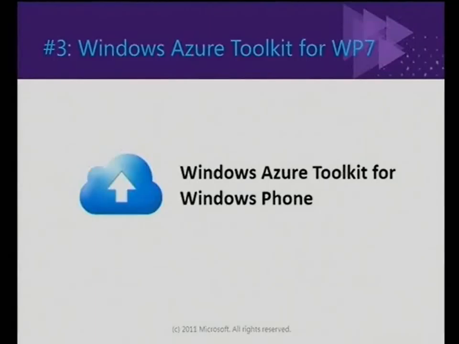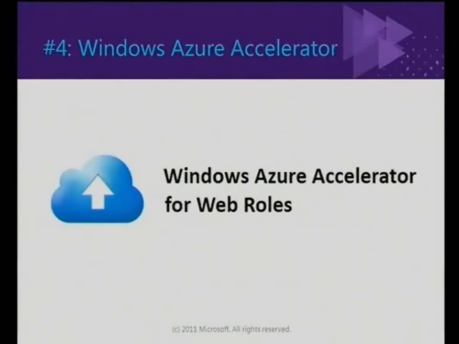Now that we've done the Windows Azure Toolkit for Windows Phone, there is another download available in CodePlex called Windows Azure Accelerator for Web Roles. Now, remember I told you earlier that when you do a web deploy, every time you re-image, all the changes are gone. This accelerator, only available for web roles, allows you to do a web deploy to multiple instances. And you can have multiple projects. Just build your standard web application and do a web deploy, and it will just work. So I'll show you how that works.